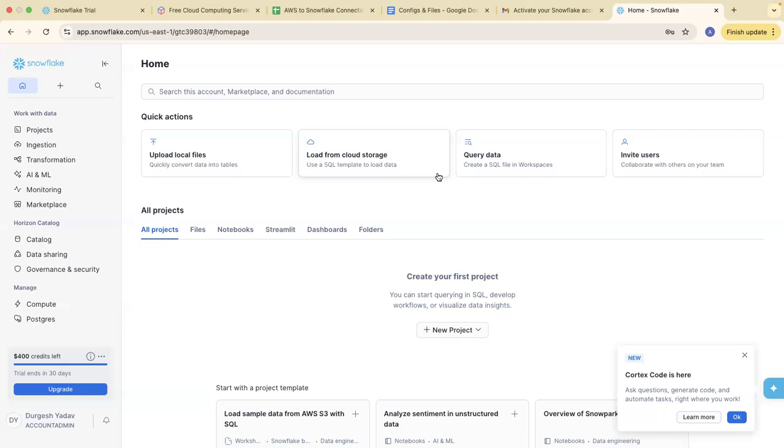So the people who are not aware about cloud and all, this will be a little difficult for you to understand. But yeah, this is our Snowflake data warehouse platform. Okay, now Snowflake is fine. We have a Snowflake, but let's say our data is sitting in an external storage. So let's take an example.